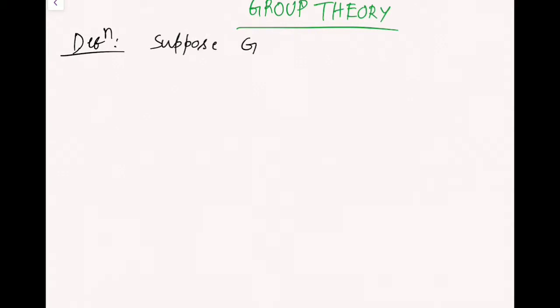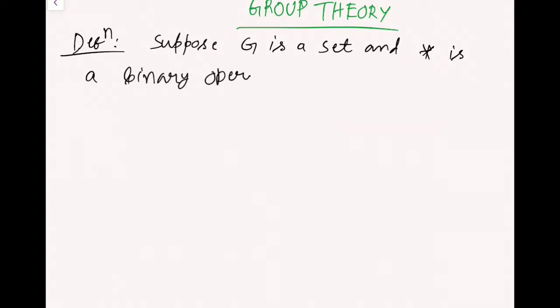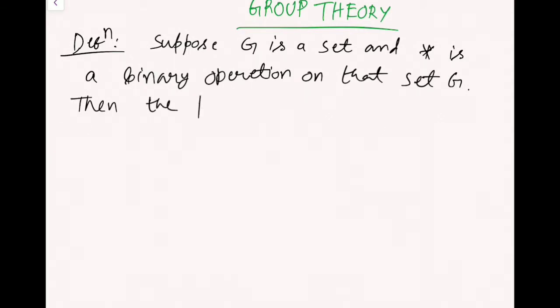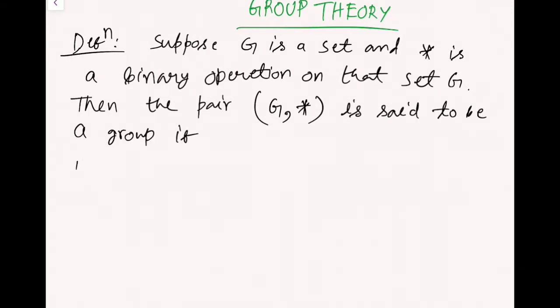Suppose G is a set and star is a binary operation on that set G. Then the pair (G, star) is said to be a group if